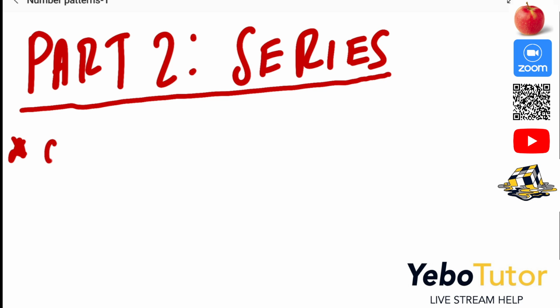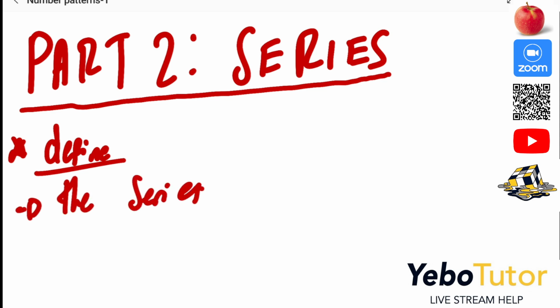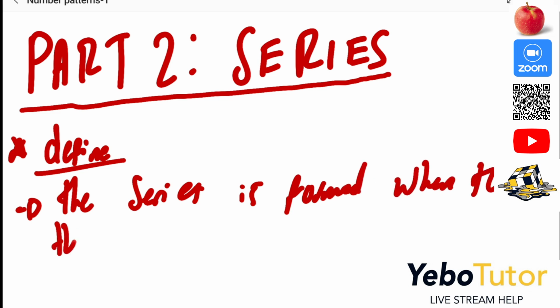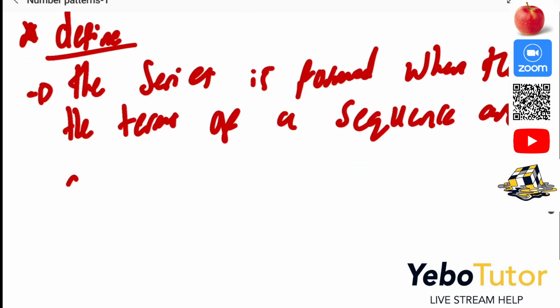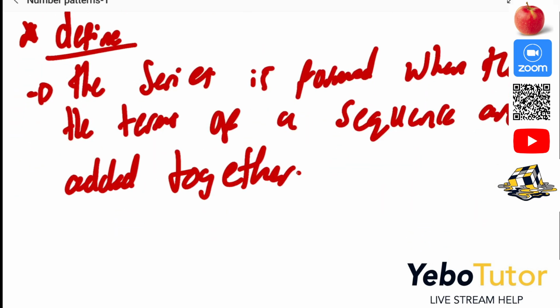So the first part is to be able to define what we mean when we are saying that we are now looking at the series. So we know that the series is formed when the terms of a sequence are added together. So this means that,